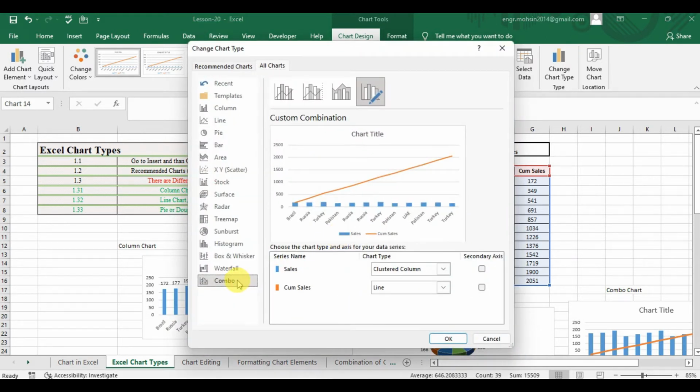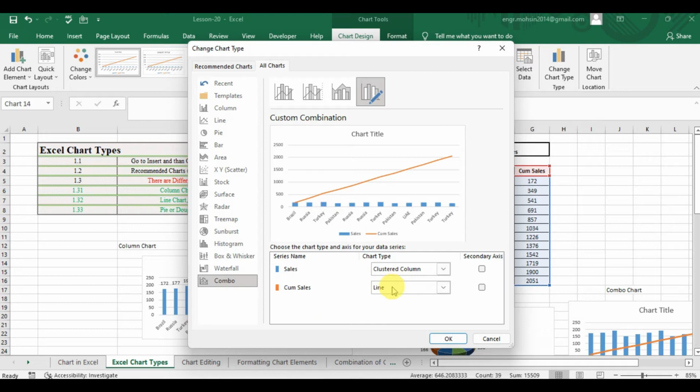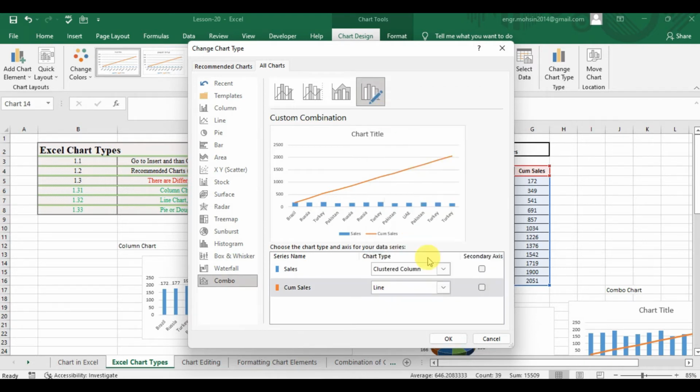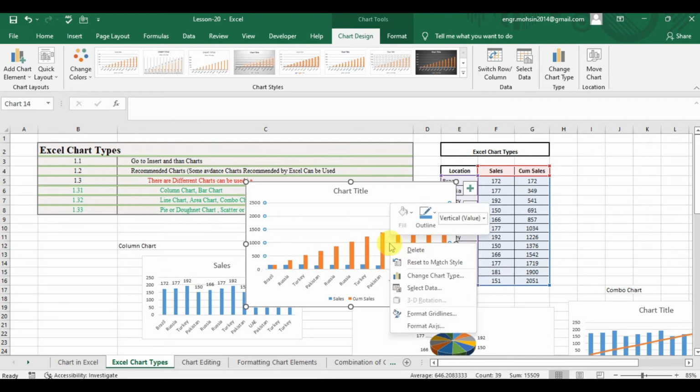Here we have the combo option, and in the combo option we can change the bars or the range from the column to the line or from the line to the column. Here if I change this to a column chart and click OK, see now we have the column chart for both the series. For the sales also a column chart, and for the cumulative sales also we have columns, but